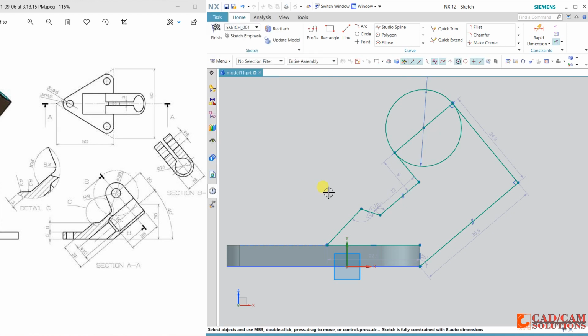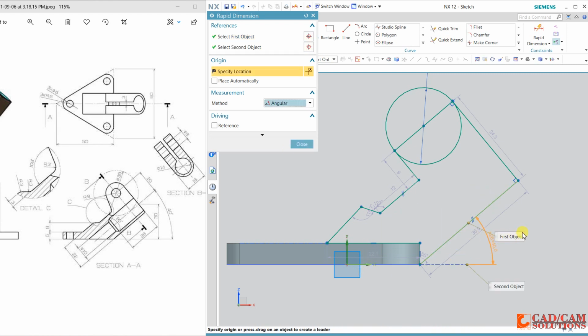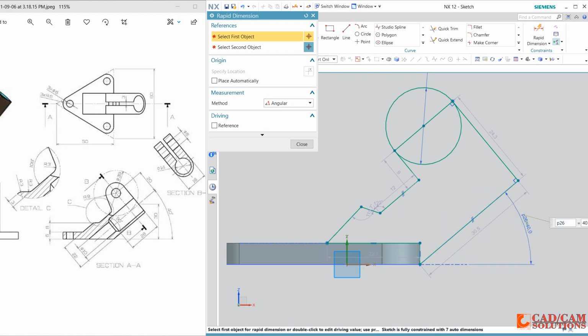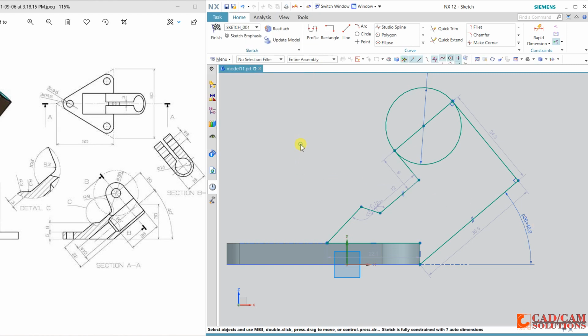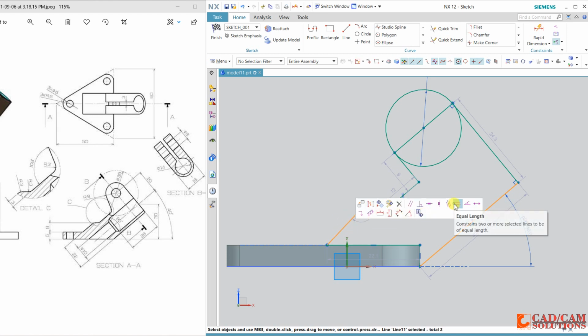Close. And 20, and add some more dimensions. Rapid angle, the angle is 40, and this is 22. Select this and this line, both are parallel.